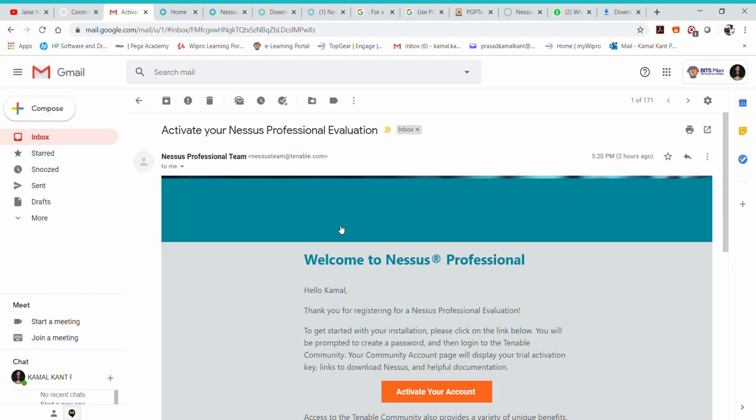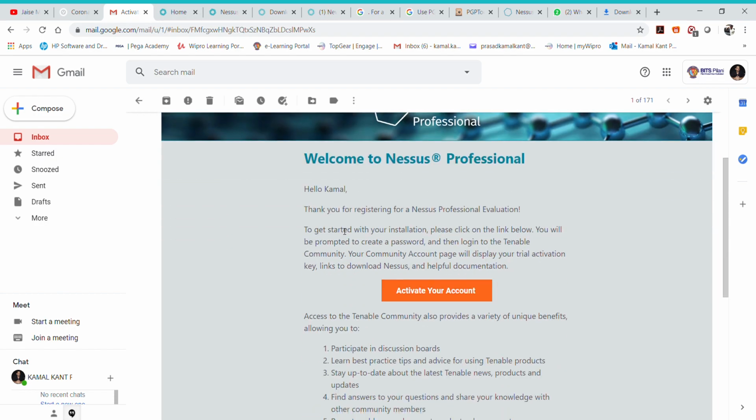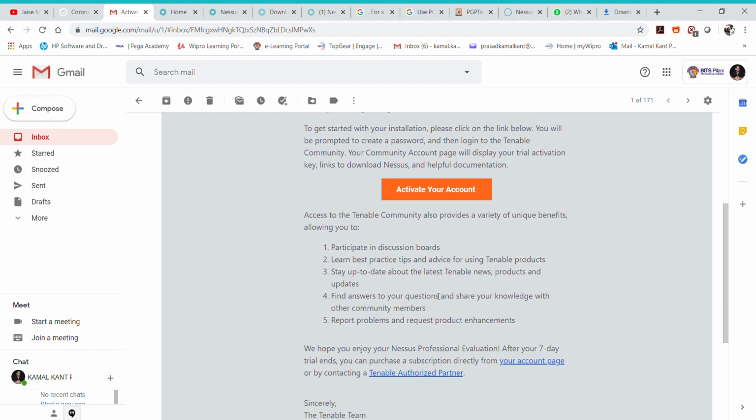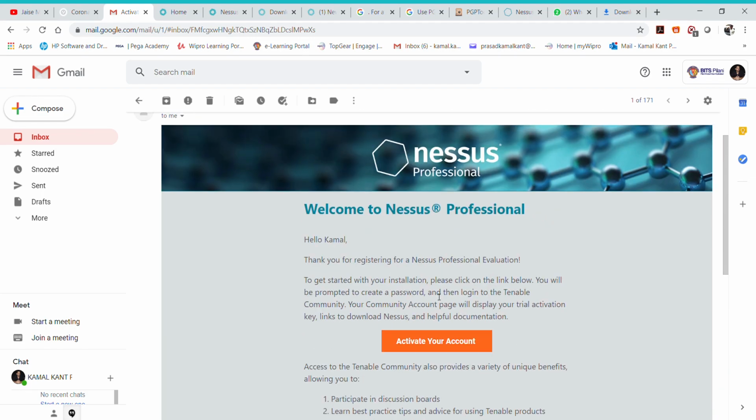This is how the actual mail will be, which you will receive from the Nessus team, which says activate your account and the details of what we have to do. Remember, this is a free trial version on which we will be working.